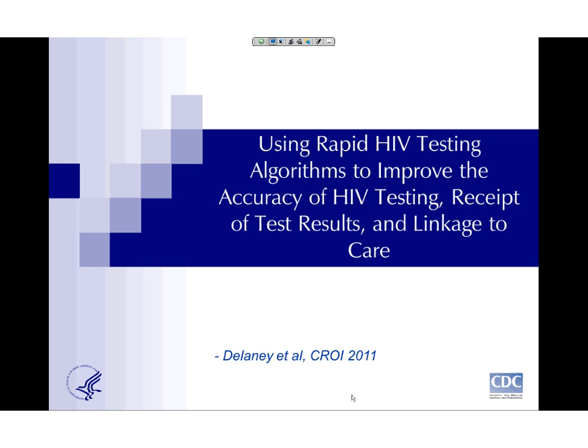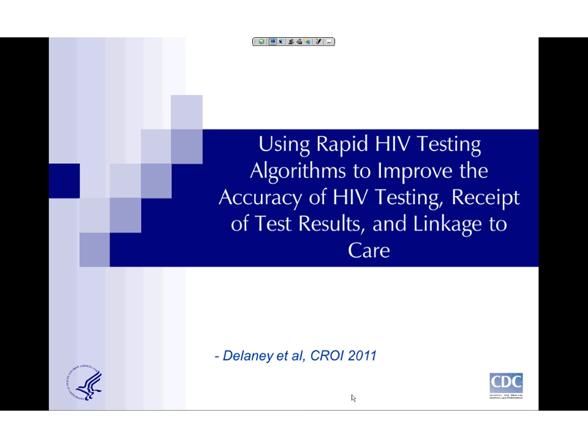The last thing I wanted to talk about was a thing that's come up before about using rapid HIV testing algorithms to improve the accuracy of HIV testing, because this, I think, has become sort of a chronic question. I do want to point out that especially now with the Determine Combo and with the differences in the assays' ability to detect early infection, it really complicates the issue of choosing tests for use in a rapid testing algorithm. This study was done actually back in 2010, and Kevin Delaney presented it at the Retrovirus Conference in 2011, although I don't believe that it's been published yet.